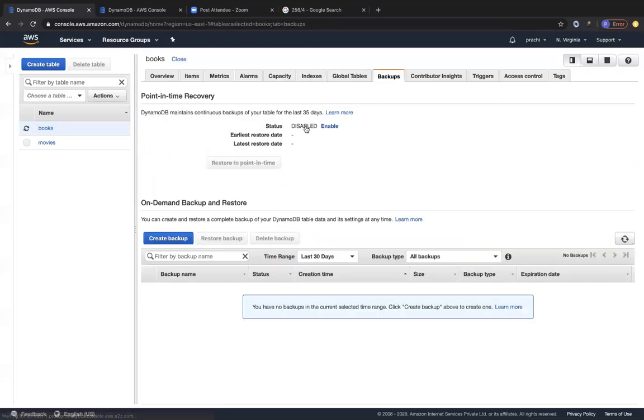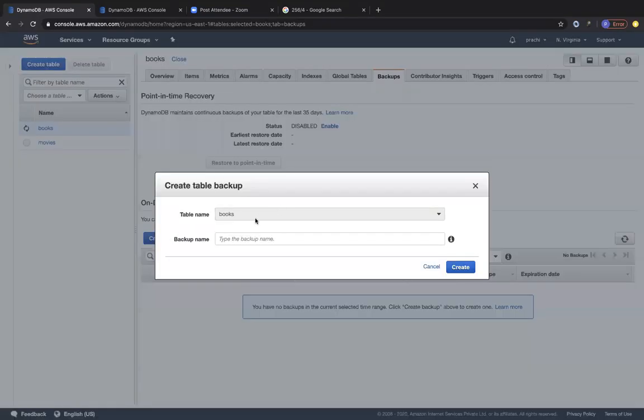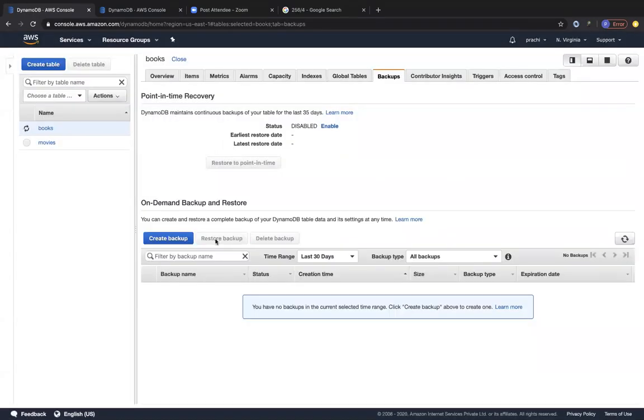Okay. So now when it comes to backups, you can go ahead and create a backup over here. You can give the backup a name and choose your respective table, and you'll be able to create a backup. You can also restore your backup, and you can restore a point in time backup. So you can specify the exact date timestamp in order for you to restore your data up to that point of time. So all of these probably would be stored in S3. I'm not sure, you could check your documentation on that.